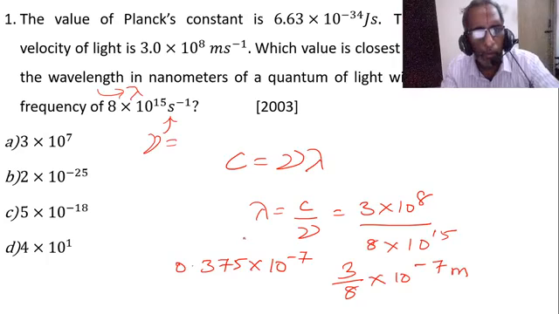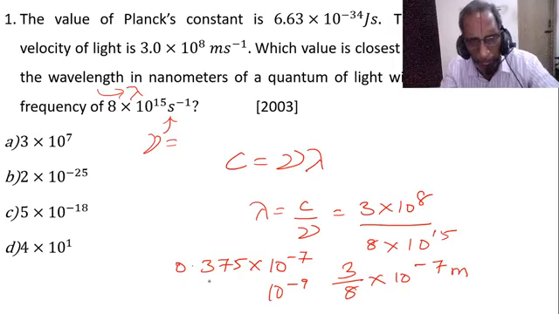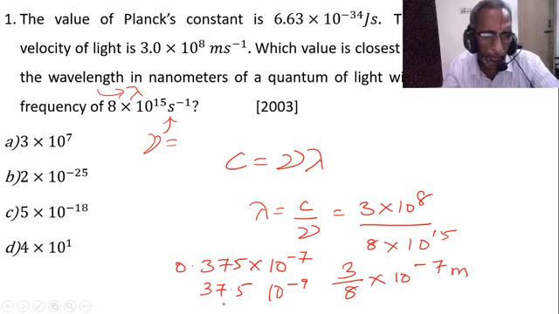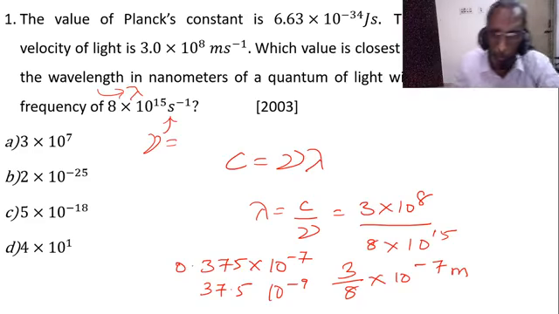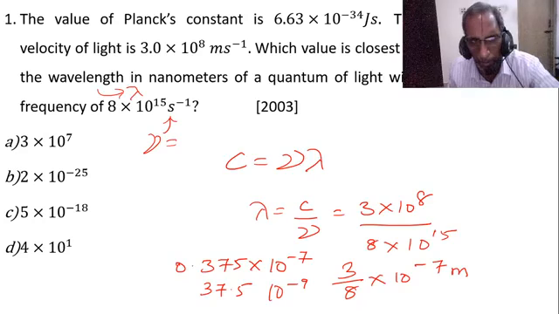Nanometer means 10 power minus 9. If you divide by 100, here you have to multiply. So 37.5 nanometer. 37.5 nanometer. So these options are not correct. It is asked in nanometer, but 10 power minus 18, 25, some other values are printed. You don't worry about the answer if you are correct; they will look after that. If you promptly apply the formula and do it well, they will check later. Once again, we will check this question a bit later.